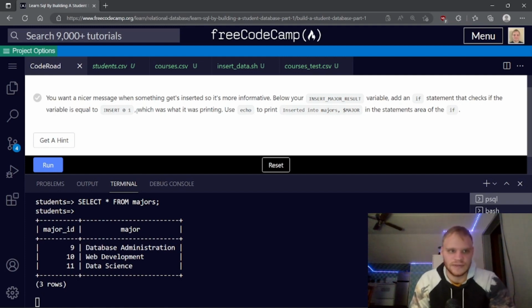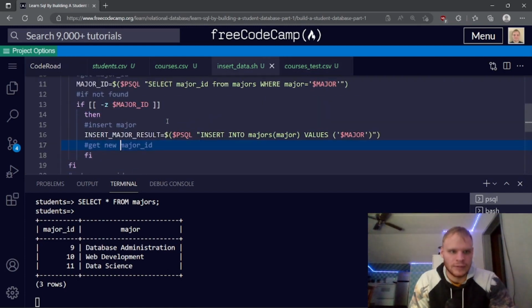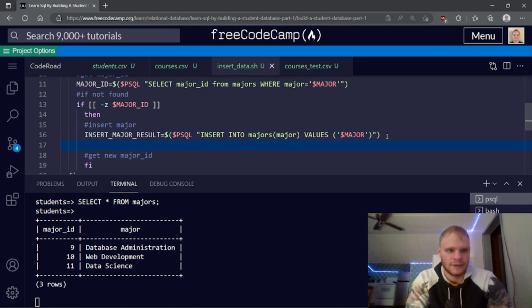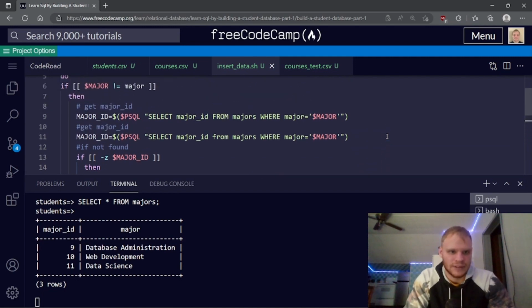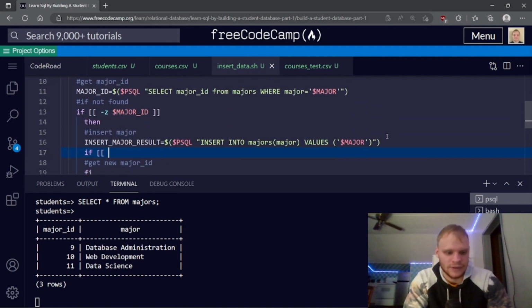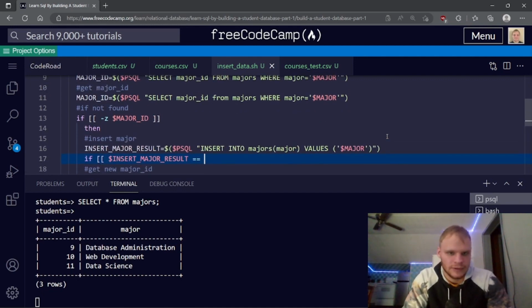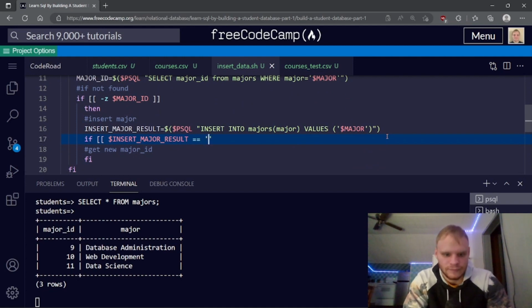Okay, add an if statement that checks if the variable is equal to insert 01. Below my insert major result variable, we have to do an if. So we have to do if our insert major result is equal to insert 01, then